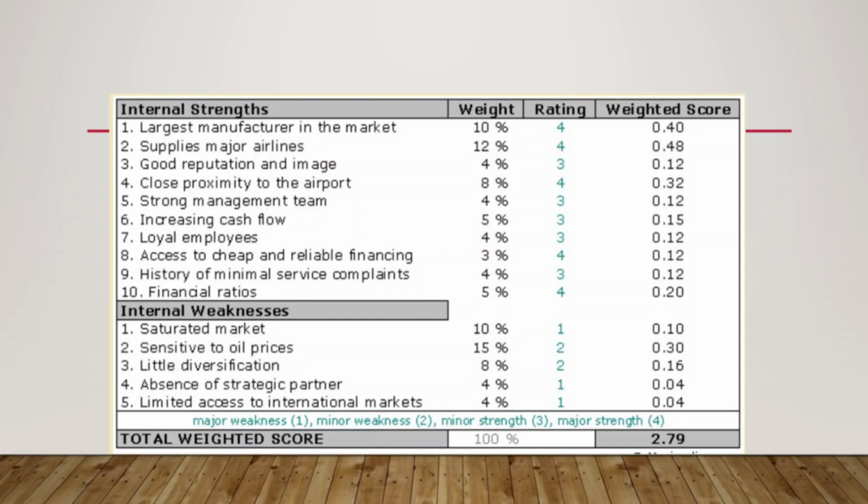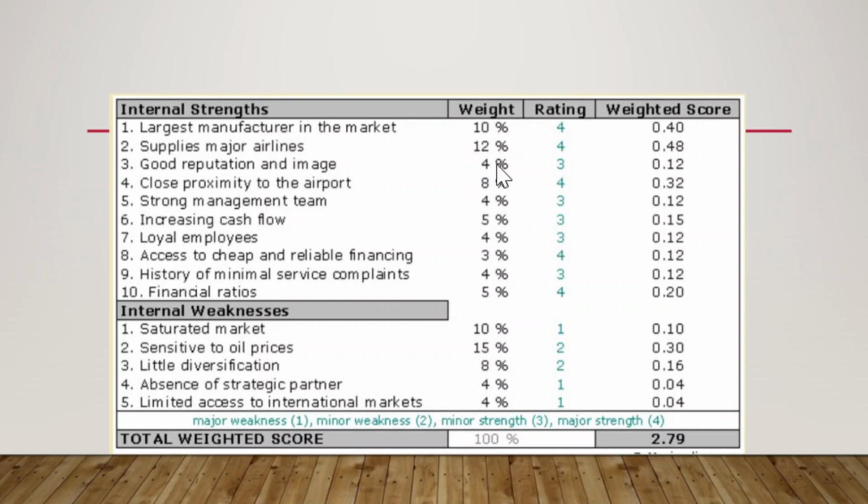Pero same lang naman. So here, meron internal strengths and internal weaknesses. Naglagay siya ng weight, so 10, 12, and so on, which is equal to 100% or 1 kapag ginamit natin, hindi tayo nag-percentage basis. Di ba sabi natin, kapag one or near one yung binigay natin na weight, ibig sabihin, very important siya